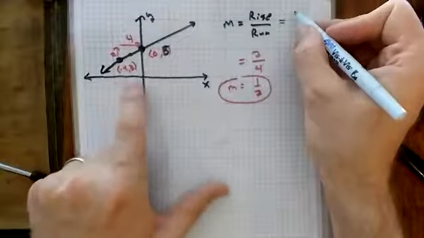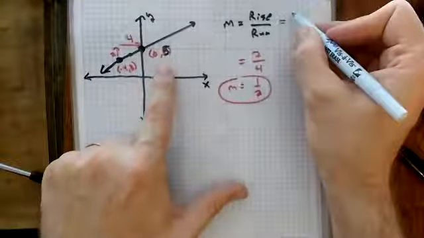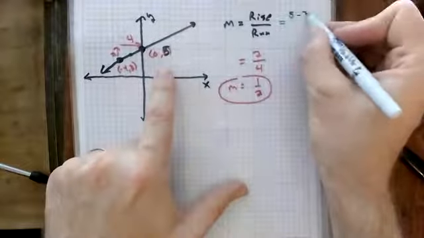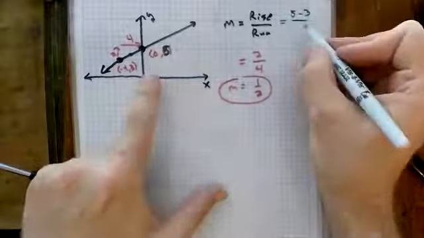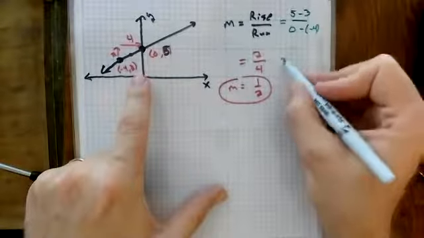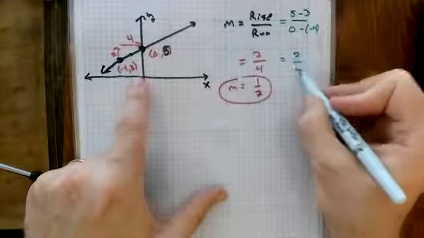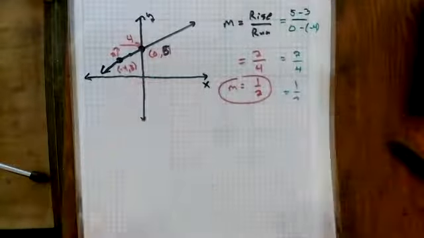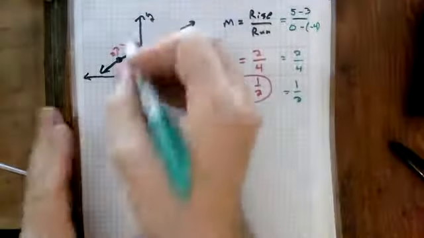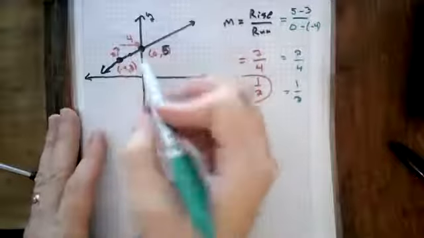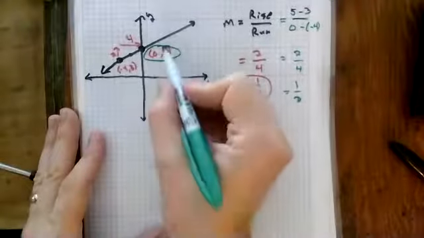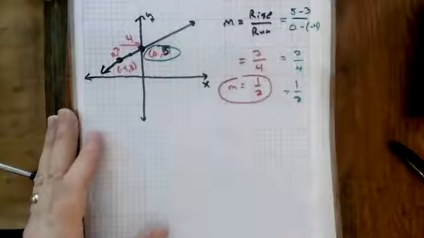I could say, oh, well, this is my y2, so it's 5 minus 3 over 0 minus -4. And sure enough, that's going to be 2 over 4, which is still that 1/2. And off of here, notice that one of the points I'm given is my y-intercept. This is 0, 5. So I can plug into